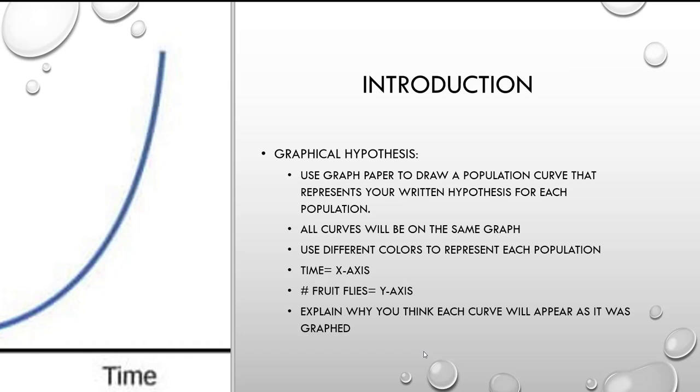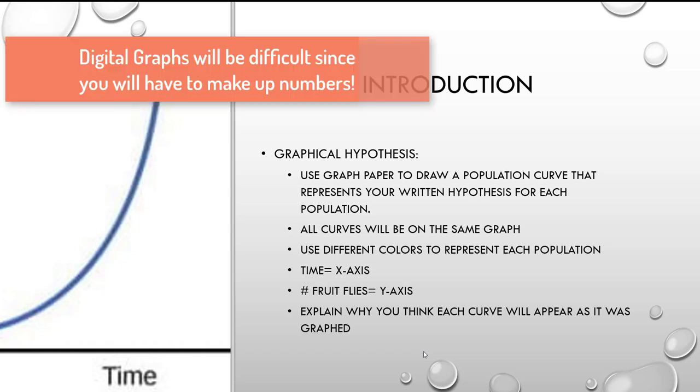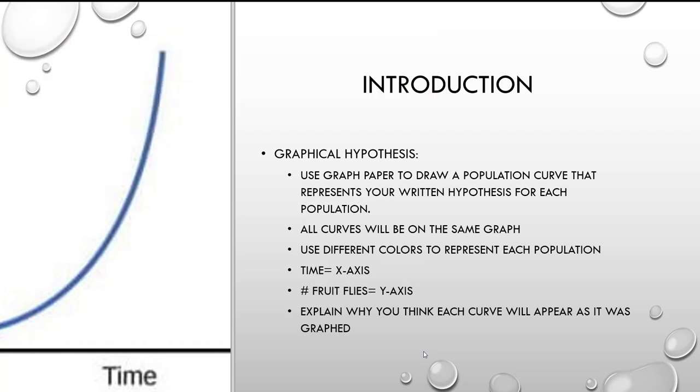And I don't mind if you want to do a digital copy, but it's going to be a lot easier to hand draw it because this is going to be your hypothesis. A digital one is going to be a lot harder to draw because you're going to have to come up with random numbers. So that's why a hand-drawn one is best. So on page 293 is a piece of graph paper, and you're going to set it up where you're going to have